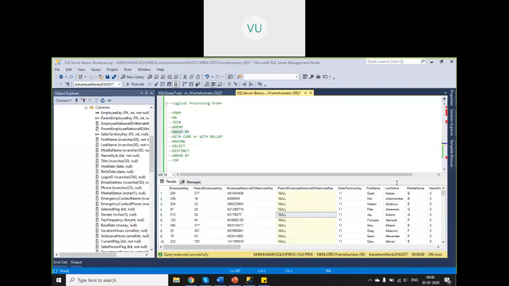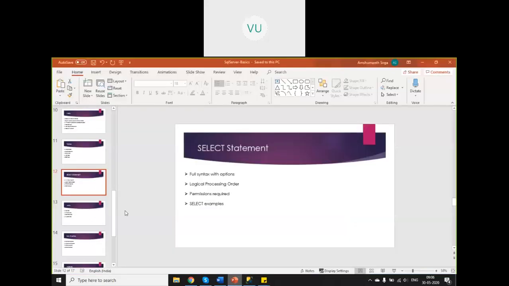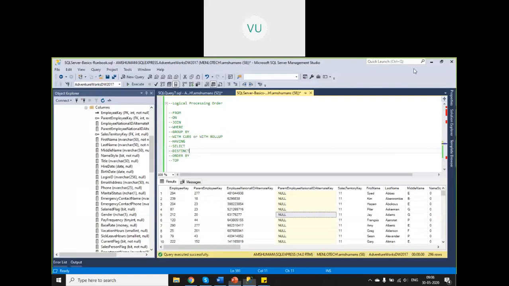Okay. So Gayatri is asking for an example query for the on clause. So on is normally used with joins. When we discuss joins, you will understand the purpose of the on clause. Shortly after these select statements, we'll see the on clause. So just understand, on is a condition applied for joining.